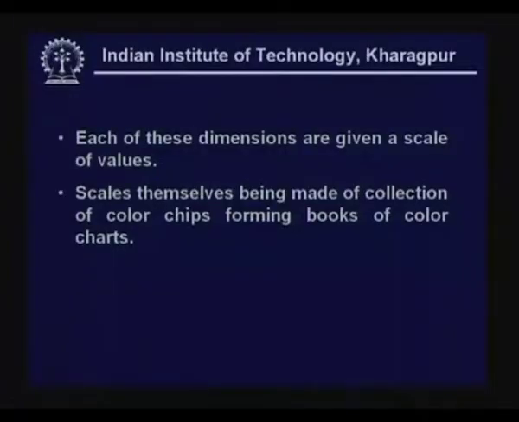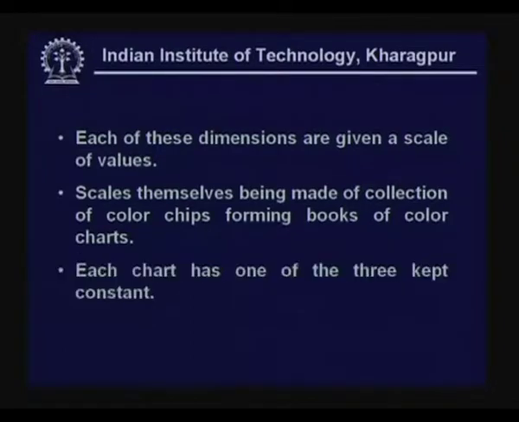Scales are nothing but a collection of color chips forming books of color charts, and when they are set in a particular chart, we find that one of these three is kept constant, that is to say either hue, value or chroma is kept constant. So, the Munsell system, which was used for specifying colors on surfaces during daylight conditions, was the earliest specifying system,